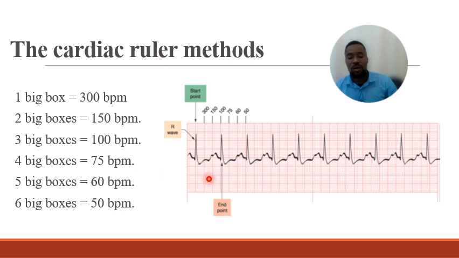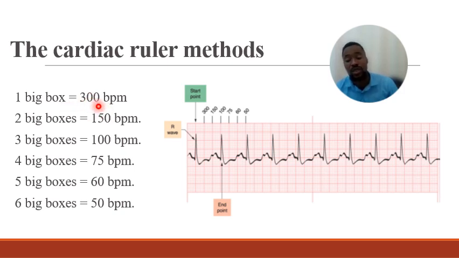This is a cardiac ruler method that you can use to predict heart rate very fast. So when one box is between the RR, this is a regular RR interval. Now you can see R, R, R, R, it's regular. It's not wider than the other. So this space is the same as this space. So definitely, if it's just one box between this RR interval, automatically 300 divided by